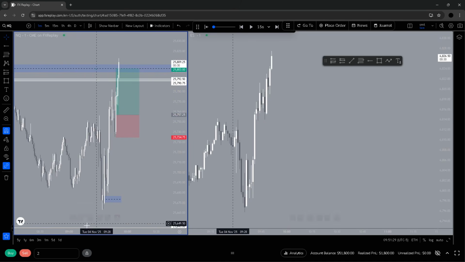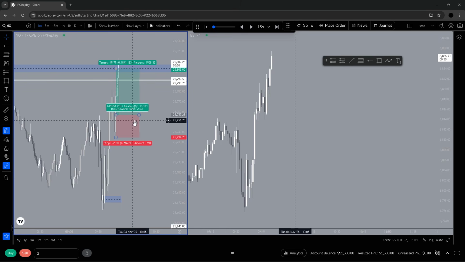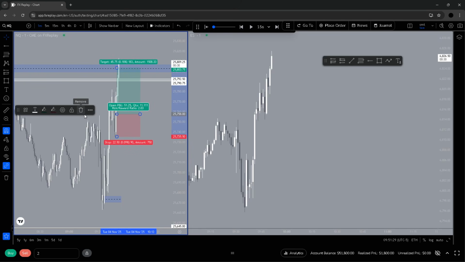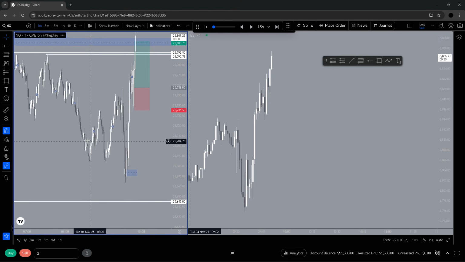That's 1.8k risking 2 minis. So if you've got a nice decent buffer, you can risk 2 minis and get a nice trade like that. That's just an easy payout. You're locking your winning days now. Get your payout, rinse and repeat. Simple, guys. Simple stuff. Does anyone of you have any questions about today?